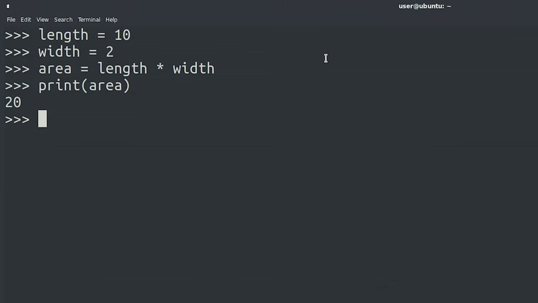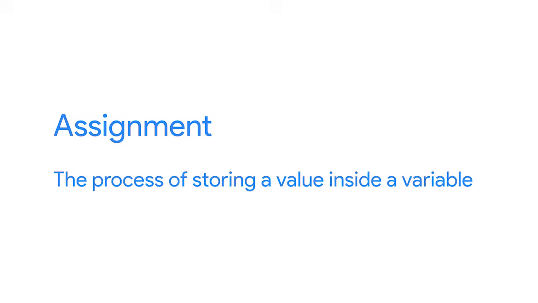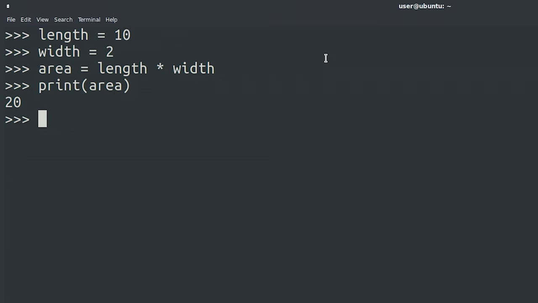Imagine a simple script that calculates the area of a rectangle using the formula area equals length times width. Area, length, and width can all be represented by variables, like this. In this script, we're creating 3 variables and storing different values in each. The process of storing a value inside a variable is called assignment. Here, we assign the length variable the value of 10. We assign the width variable the value of 2, and we assign the area variable with the result of the